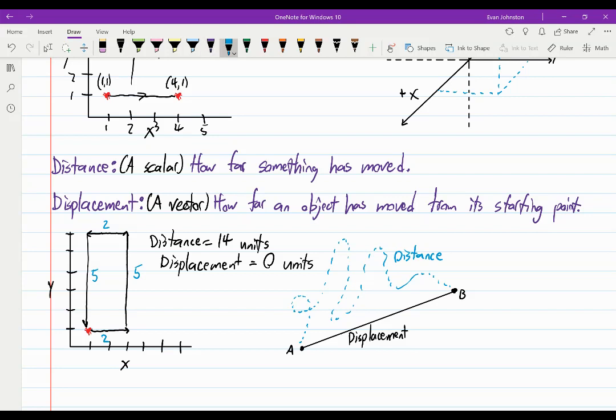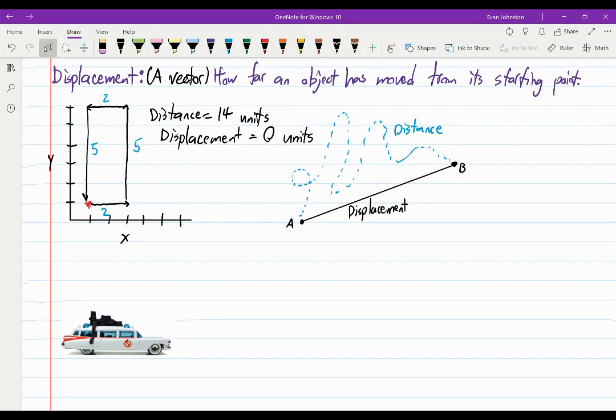All right, cool. So let's keep going here. And actually, maybe we just keep using blue. That sounds kind of fun. So let's look at speed. All right, now speed is a scalar. That means it just has a size. It does not have a direction. And really, it's how much distance is traveled